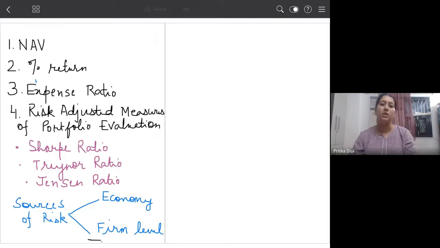I'm asking, what can be an example of macro level risk, something which is common to all the firms in the market. इकोनॉमी लेवल पे क्या क्या रिस्क हो सकते हैं जो आपकी इन्वेस्टमेंट को इम्पैक्ट कर सकते हैं.